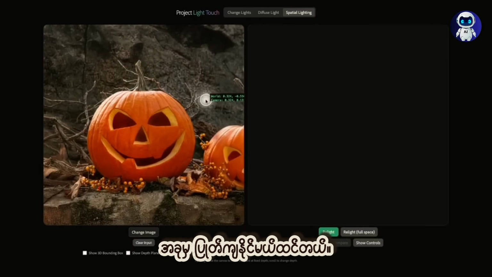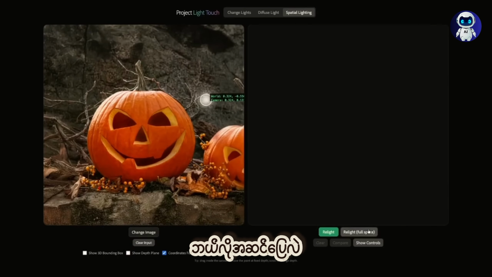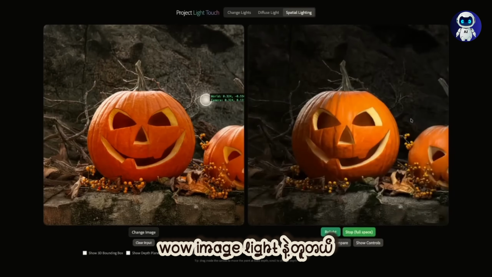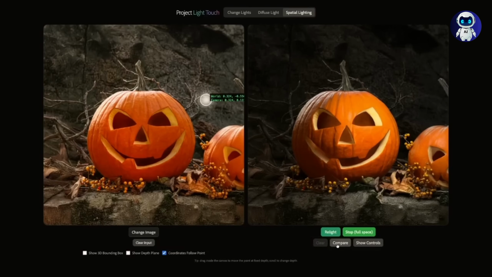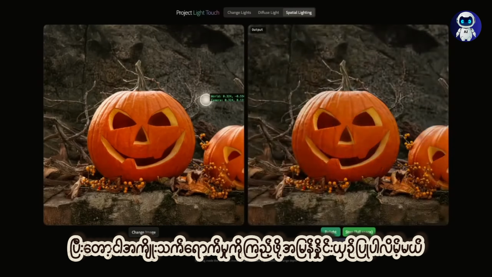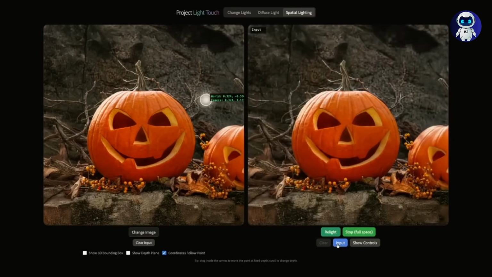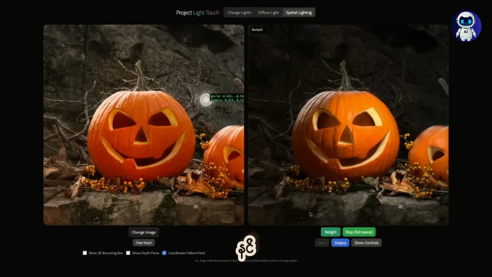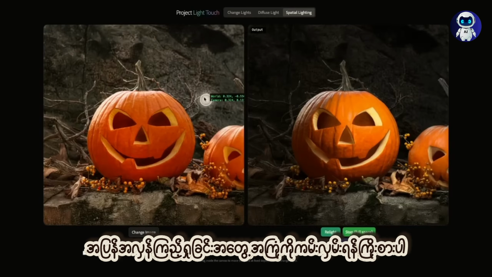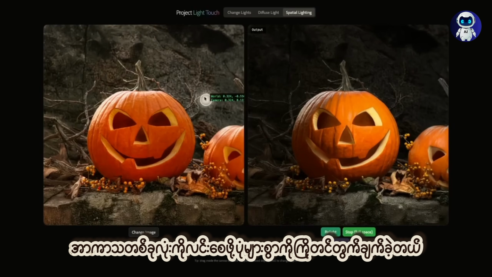So now let's drop the light over here. How about that? Okay, we can run a relight. Now it looks like it emits light from there. And I'll just do a quick comparison to see the effect. Wow, it's amazing. And in order to offer an interactive viewing experience, we did pre-compute a